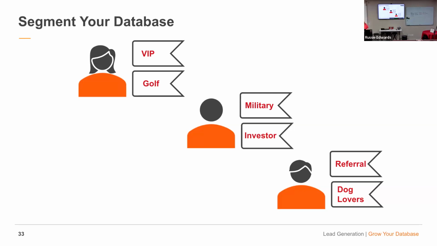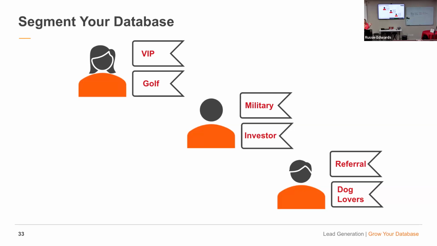And another way: client, past client, VIP, referral client, or specific hobbies that they like, right? So if they're hikers and you're going to do a hike once a month in the summer, tag them that way. It's a quick, easy way to filter, versus sending it out to everybody.